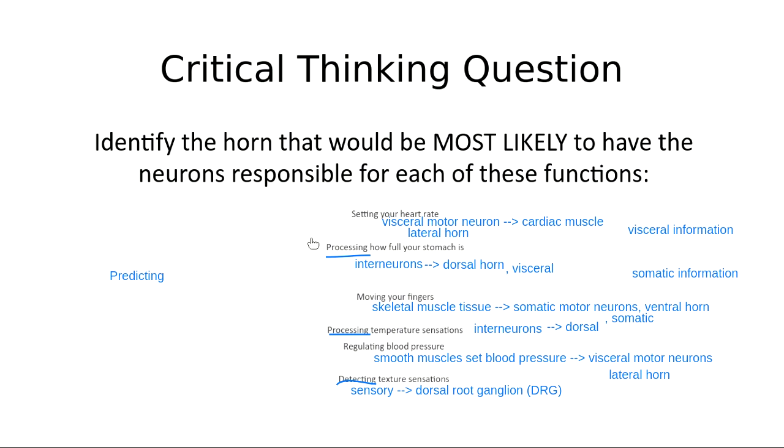With these functions here, you can go through and quiz yourself on these functions. Don't just memorize them. Make sure we can think our way through, because I'm promising you on our next lecture exam, I'm going to give you some scenarios that are like these things, but a little bit different. We need to practice figuring out, okay, when we talk about the heart rate, what kind of tissue are we talking about? When we're talking about getting information from the stomach, what kind of information is that? Or when we're talking about blood pressure or texture. So please use this as a